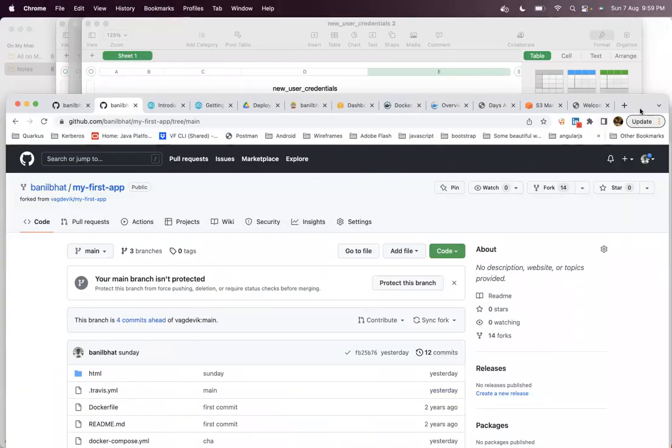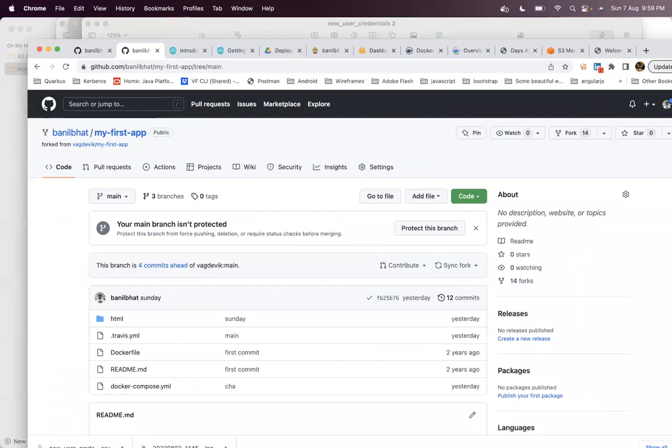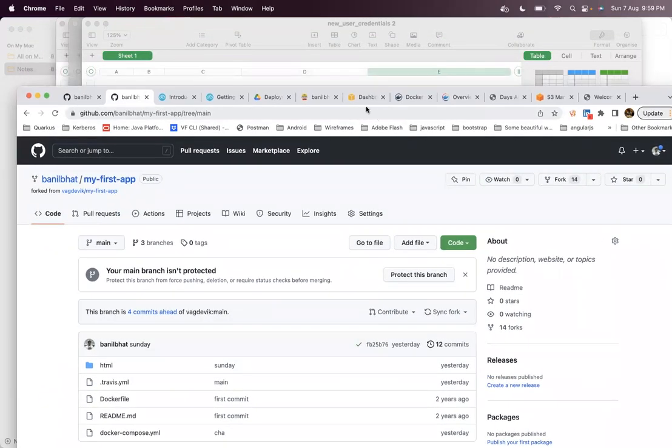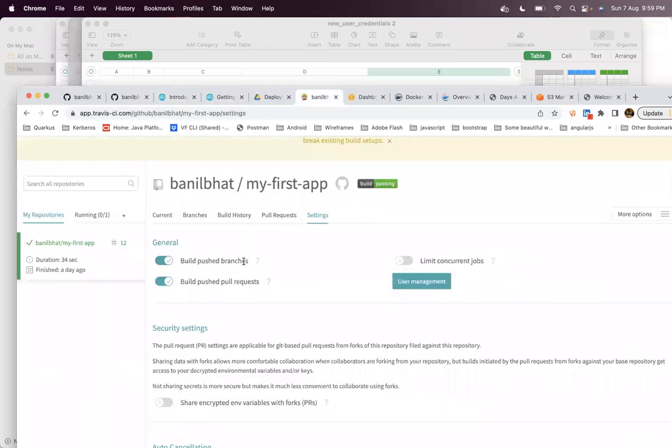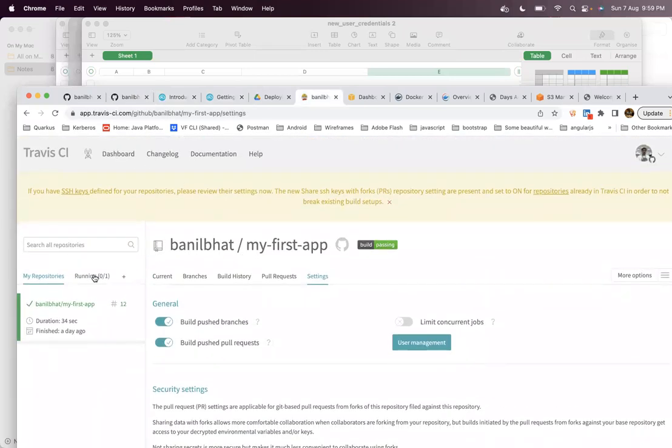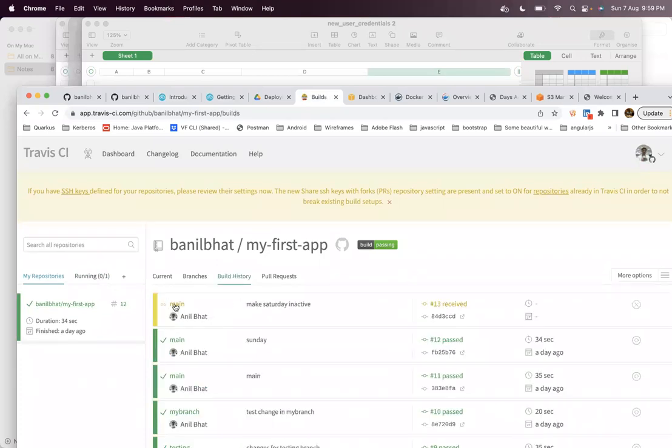As soon as I make a push, I can verify that Travis will get picked up. So go to Travis here in the dashboard, in the my first app build history. You can see that a new trigger has happened. So for a push in the main branch, I made a commit called make Saturday inactive. So that push has triggered a Travis build.